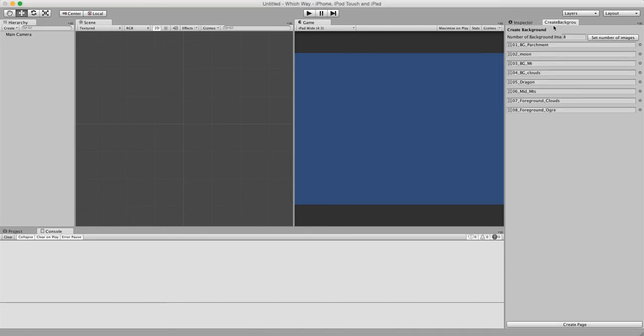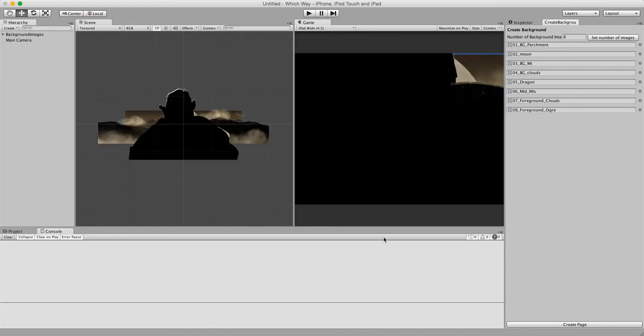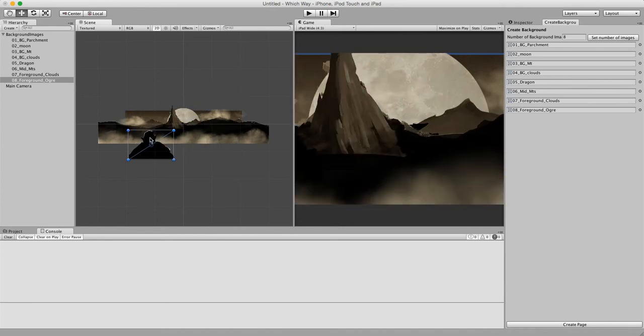We're on our create background custom menu and we dragged all our images over here like I've shown before and click create. And this gives us a nice lovely ability to automatically set up all these ads. I know I've covered all this before, but